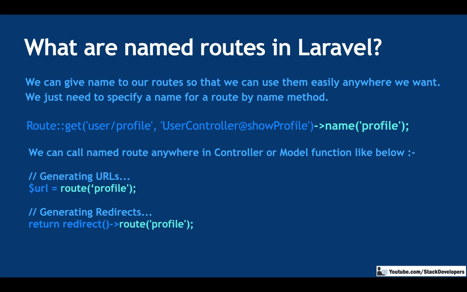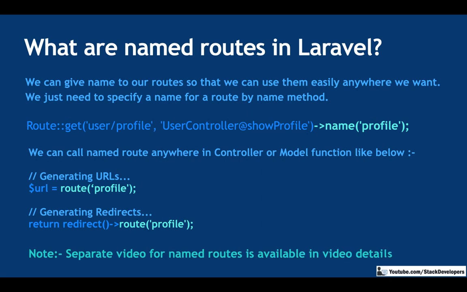Okay, so this is the named route that you can use anywhere. Just name your routes, and call it anywhere you want in your Laravel project. For this one as well, we have a separate video for named routes that you can check, and I think you must go for that, because here I am explaining theoretically, but there I have explained everything practically. That will be really useful in case they take your practical test. Then it will be really good if you practically make an example of that.